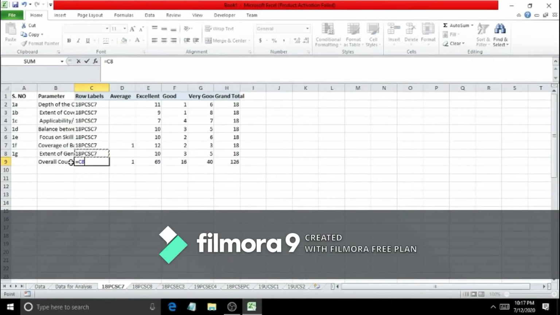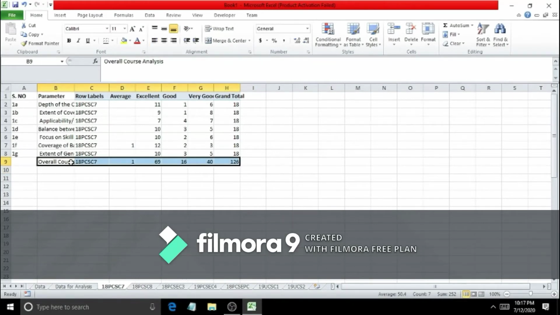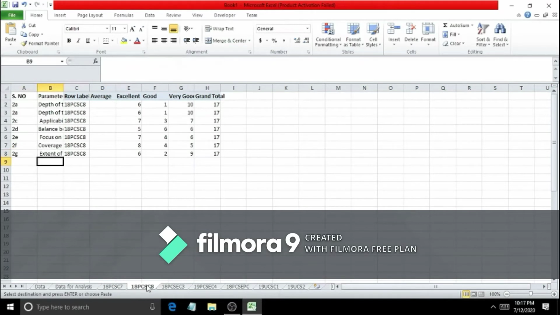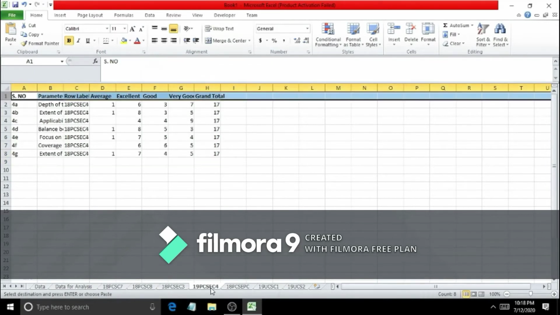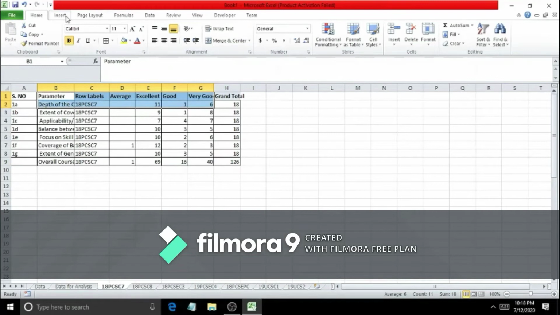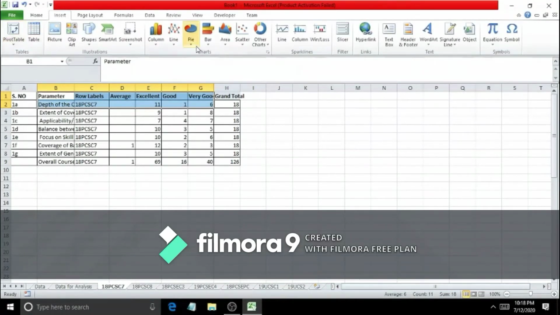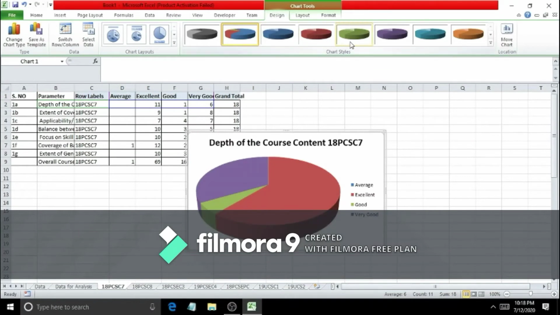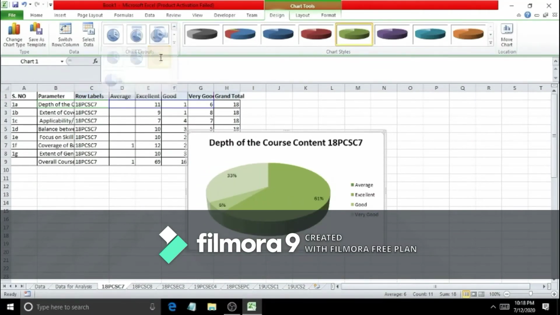Okay, the same formula you can copy, and paste it in every sheet, because the rows and columns are the same. After pasting the formula, select the table's first row and second row and go to pie chart. Okay, here change the color of the pie chart and select the options if you want to.